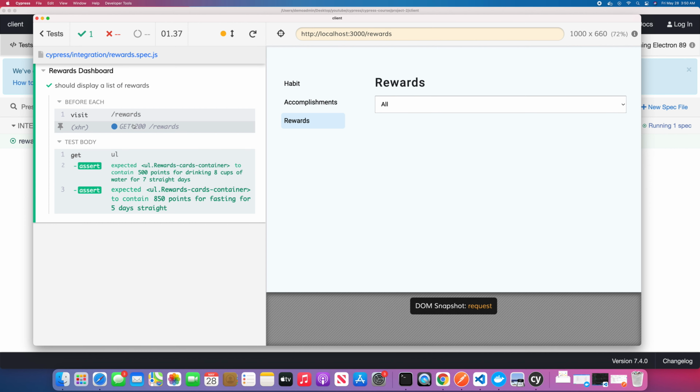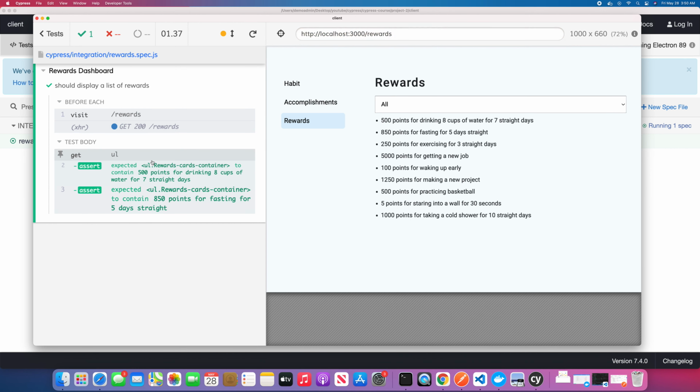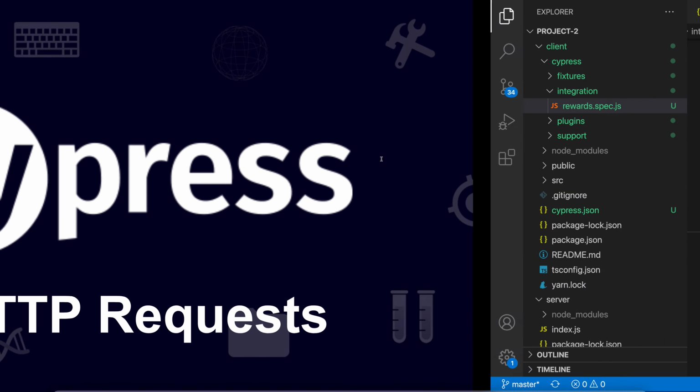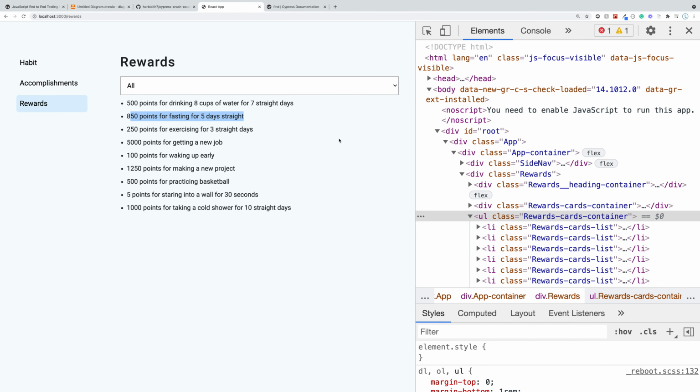And what's great about Cypress is you can see the HTTP request that was made. So it made this, and then it went ahead and asserted that, hey, the client and the server are working correctly, which is cool. But there's some cases where we actually don't want to get the data from the server